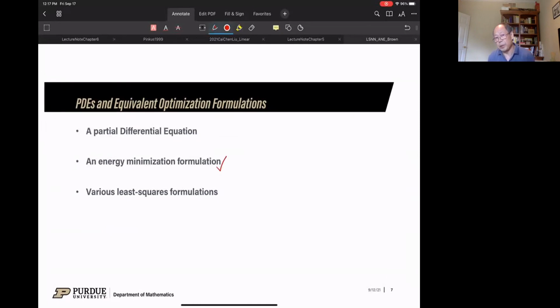Then for most PDEs, we don't have the minimization principle. If anything is non-symmetric, then you don't have a minimization principle for it. So that's the reason people apply the least square principle to the PDEs. This least square formulation for the PDE is actually a subfield of finite element, and there was a lot of research going on.